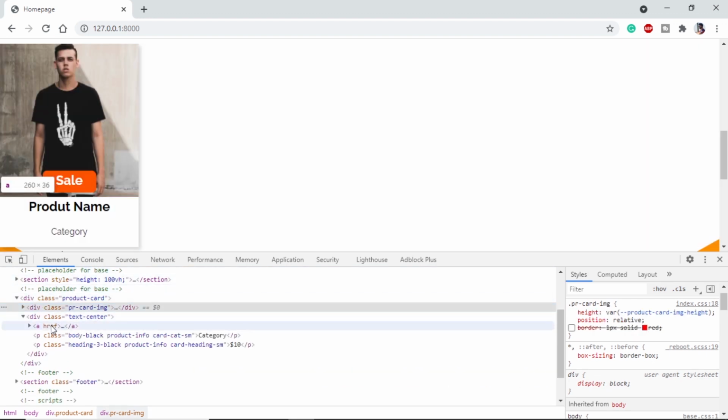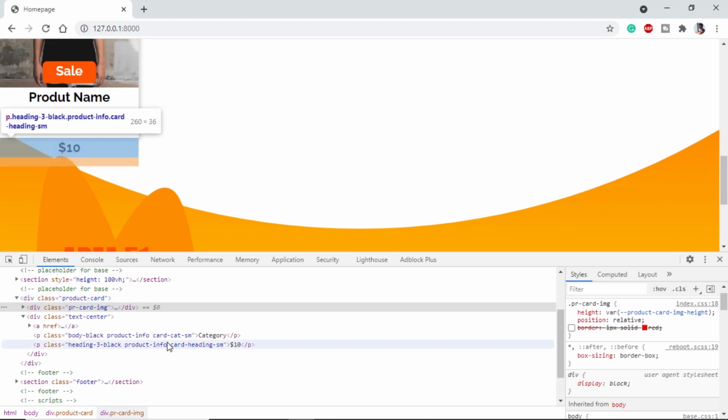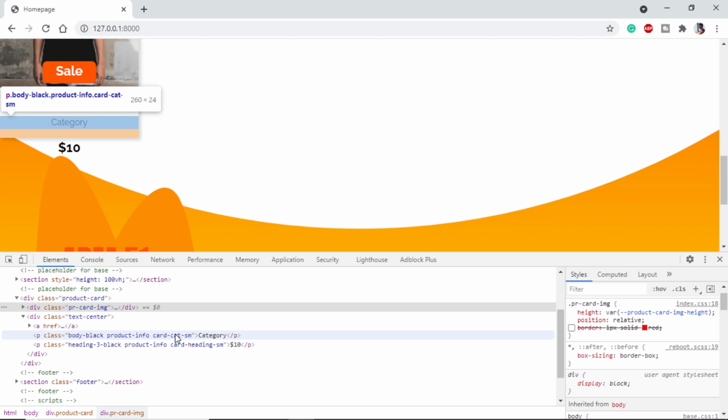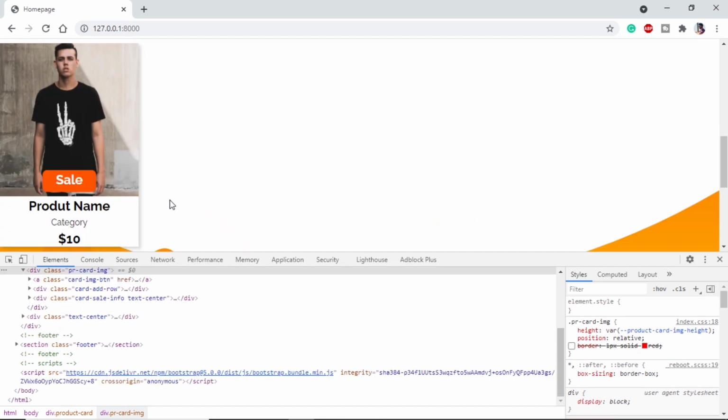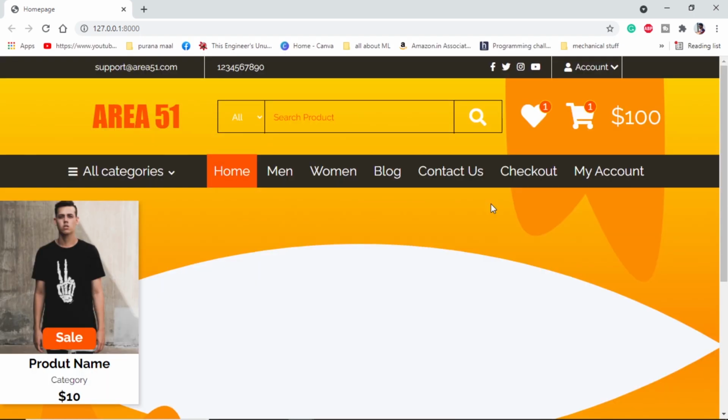Inside this division I have added an anchor tag with the product name, then I have used category and then the price. And from this CSS we can see that it needs a little bit of cleaning. So this is basically cleaning up the margin for paragraph tags. That should not be a big deal. Let me do it and skip forward. Here we are after removing the margin and making it clean. So under this division of product info, now the paragraphs don't have any extra margin. So this is how we can use HTML and CSS and some CSS attributes like hover option to make our product card good looking. Let me show you what we are going to achieve.